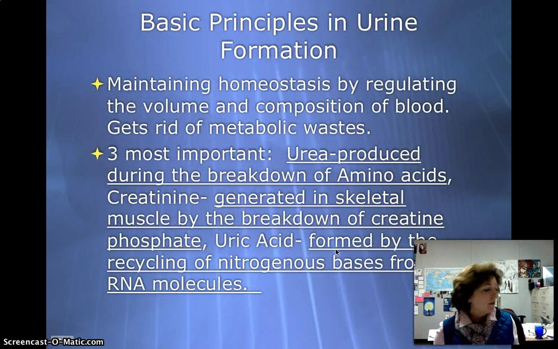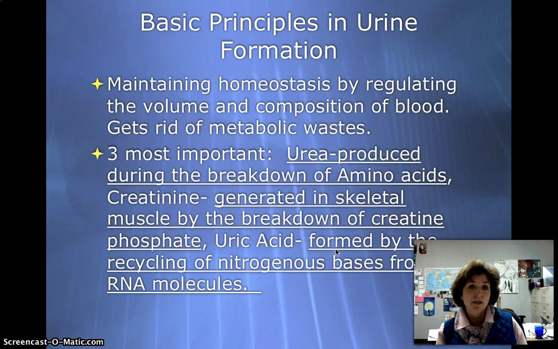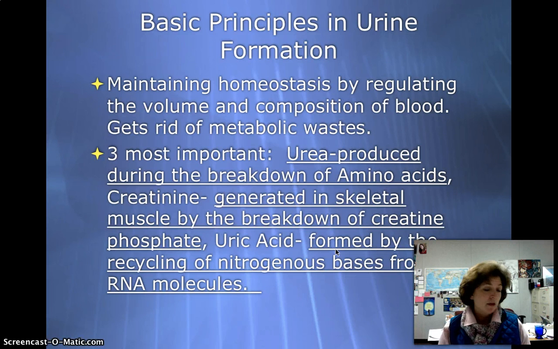So looking at the basic principles in urine formation, maintaining homeostasis is definitely going to be key by regulating the volume and composition of blood, and it gets rid of metabolic wastes. The three most important metabolic wastes that the kidneys excrete from the body are urea, which is produced during the breakdown of amino acids,